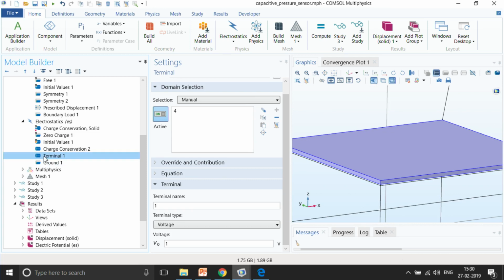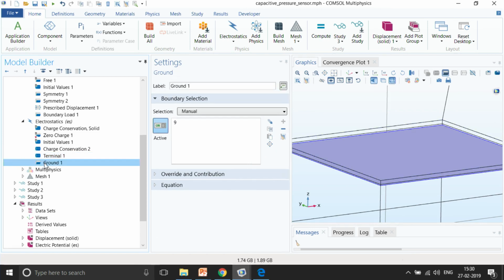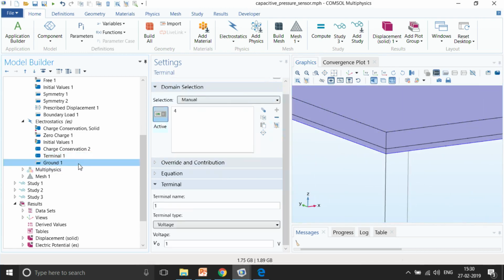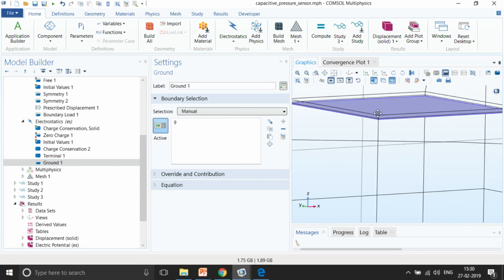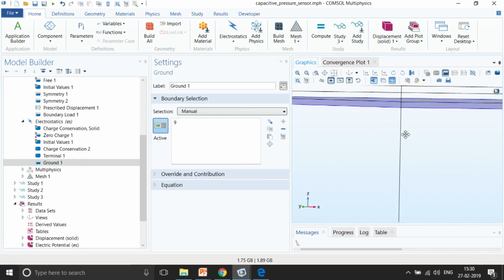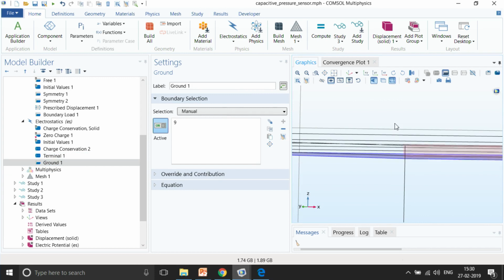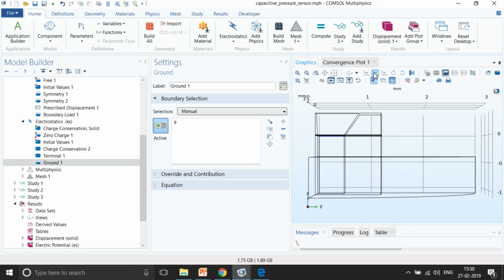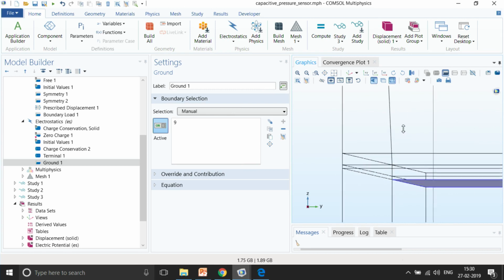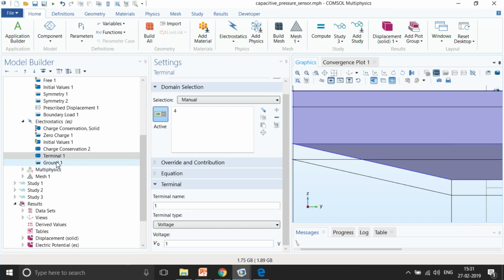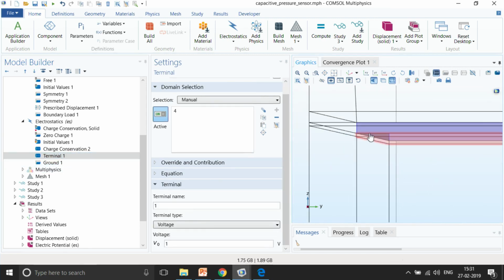So how do you signify the difference? Here you will see the blue is completely filled, the cylinder, and over here the blue is filled only on the surface of the ground, right. But in the middle it's still vacuum. So you can see over here, in the bottom you have the ground and the terminal is in the top, but in the middle it's still left. Let me go to different views, maybe that could help. Yeah, so you can see this is the bottom part and this is the top part, the terminal. Some part is missing, okay, that is the vacuum.